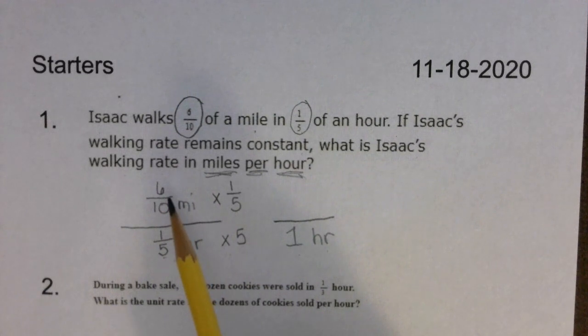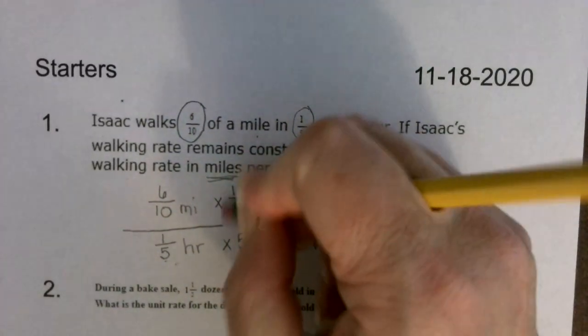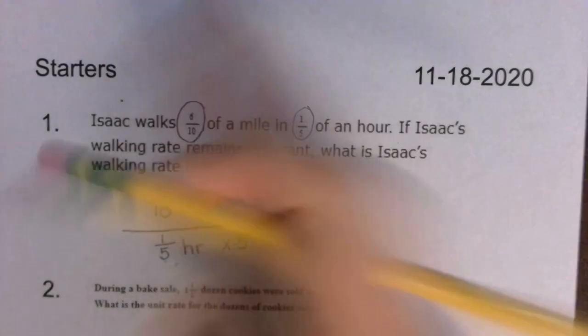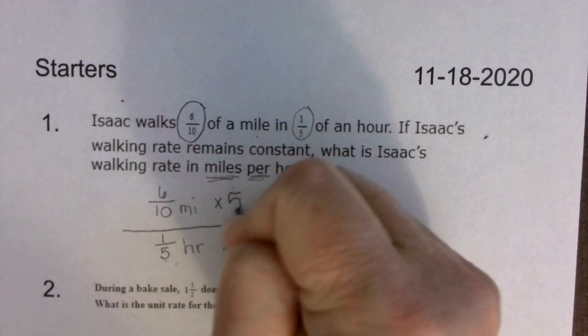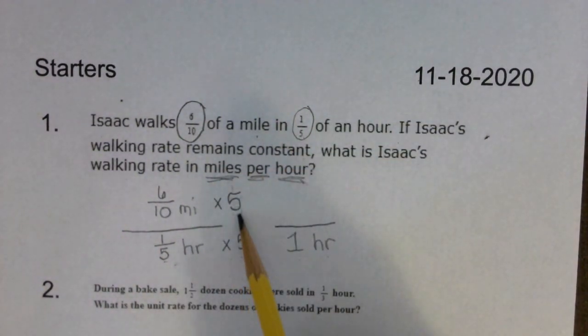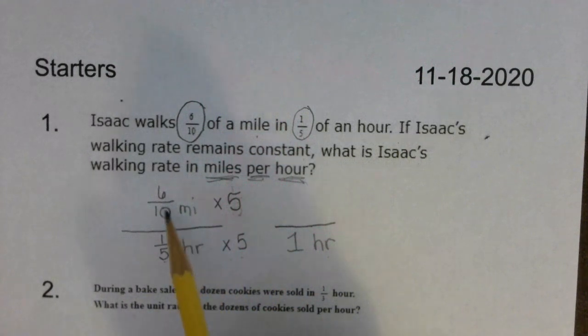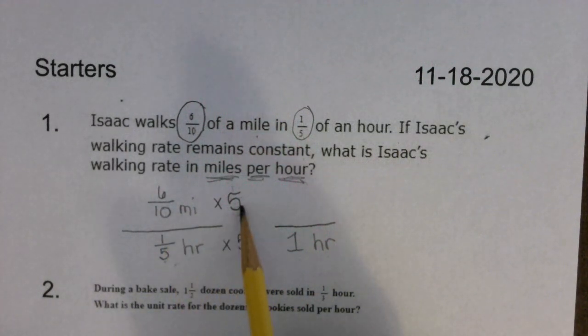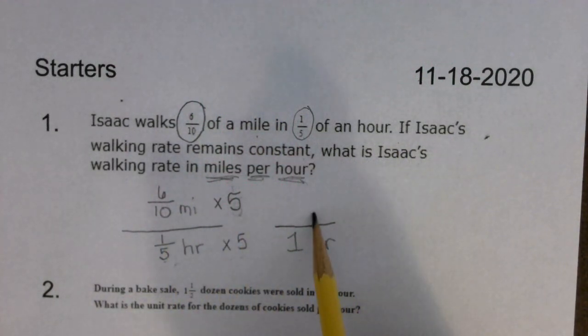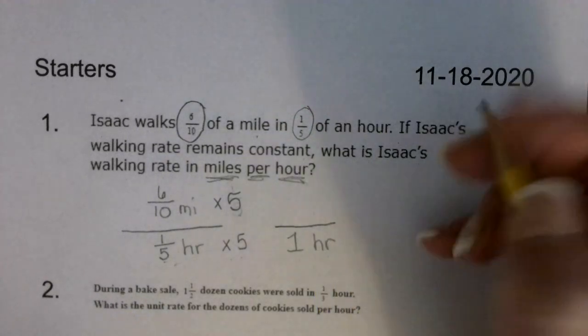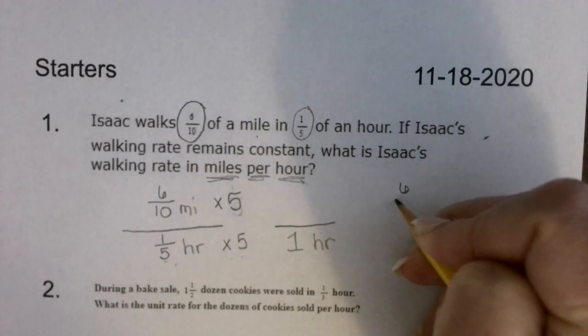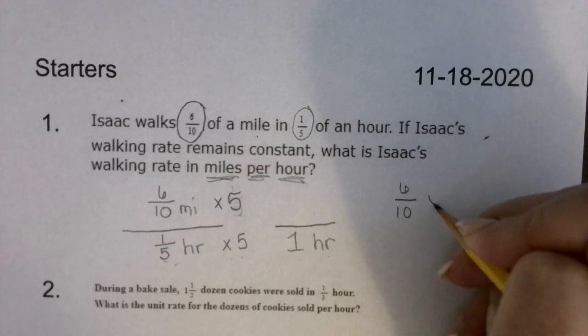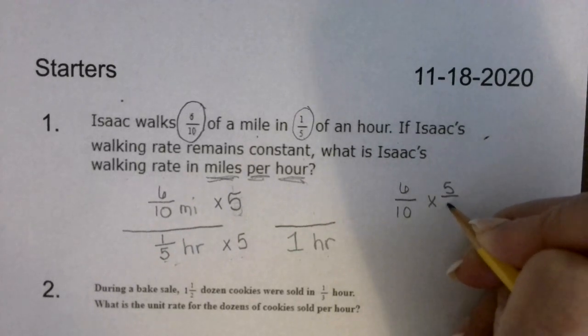And so then we have to take whatever we do on the denominator, we also have to do on the numerator. So we're looking at 6/10 times 5, and that's going to give us the number of miles he can walk in 1 hour. So we do 6/10 times 5 over 1,